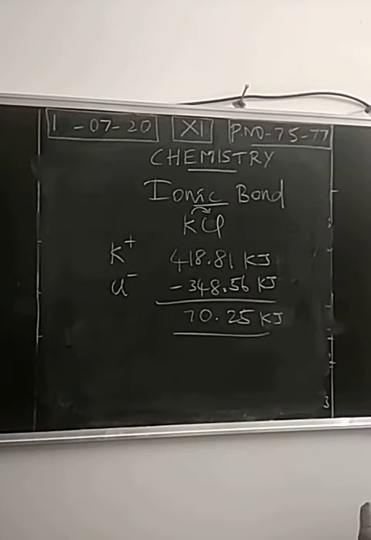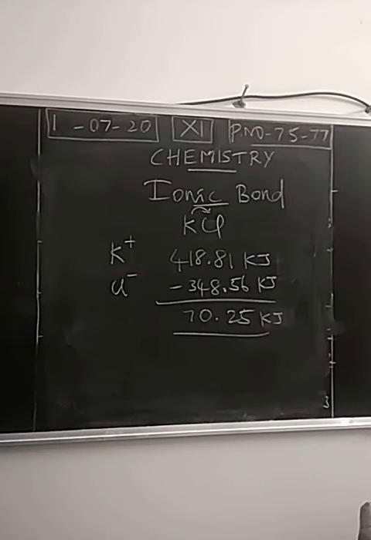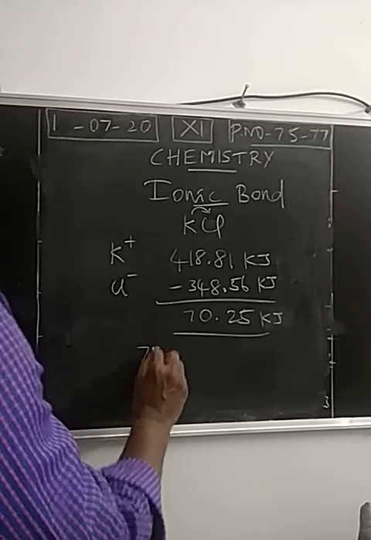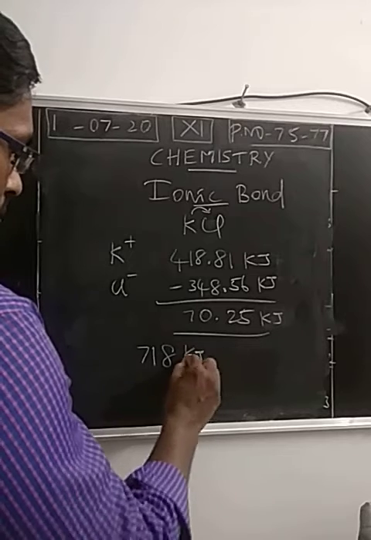Next important question. Even though the difference is a smaller positive value, this is for just one molecule. For one molecule we have represented the energy changes: how much energy is given, how much energy is liberated. For 1 mole potassium chloride, how much energy is liberated? So for the formation of 1 mole potassium chloride, the energy liberation is 780 kilojoule.